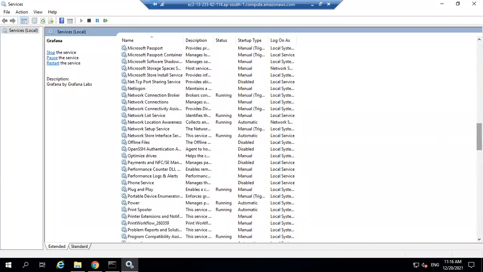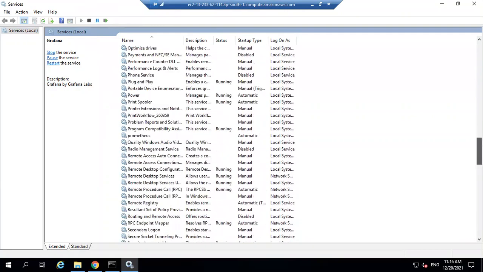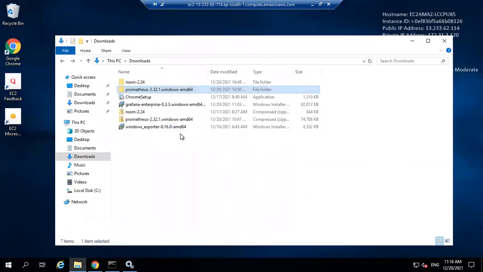Then Prometheus. So you can see Prometheus first, but now it's stopped. So firstly, we are going to install WM Exporter, then we are going to start Prometheus. So now we are going to install WM Exporter.